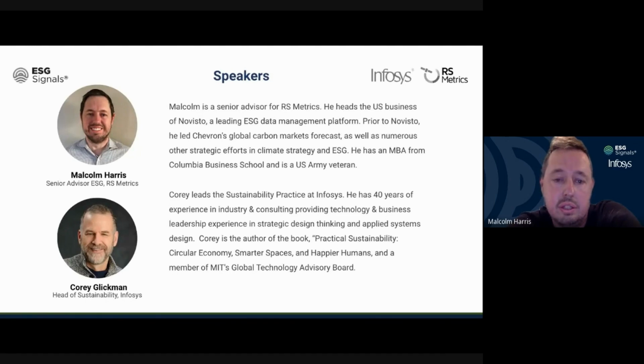But there's a lot of stuff happening that's going to drive this, right? It's not just investors demanding it, but we're seeing with the SEC, right? The SEC is implementing, or is planning to implement, some rules that are going to require a lot of this to be disclosed, and it's only going to drive demand for much better data.